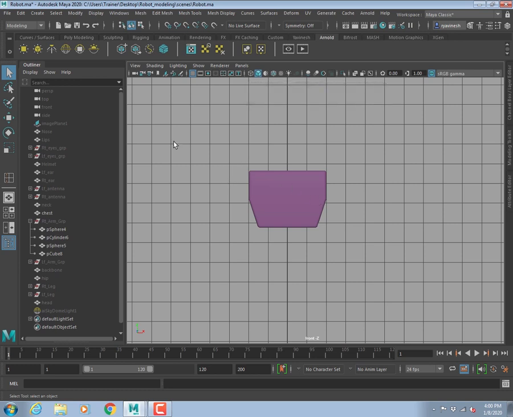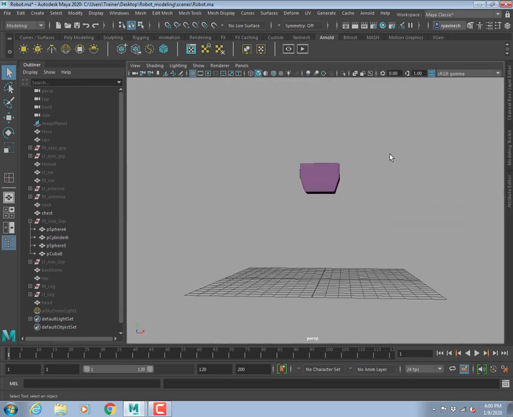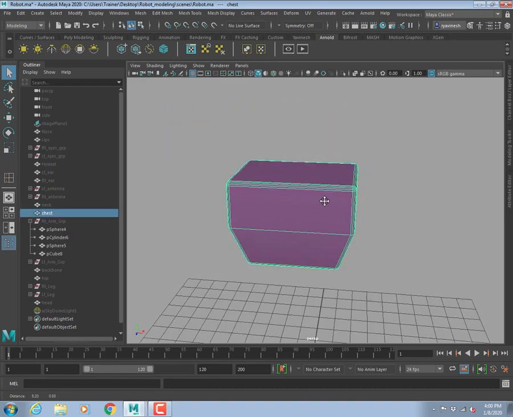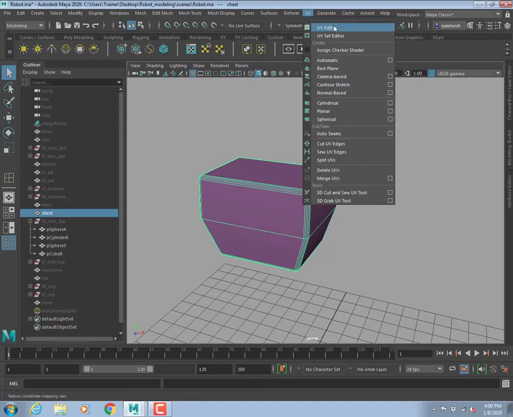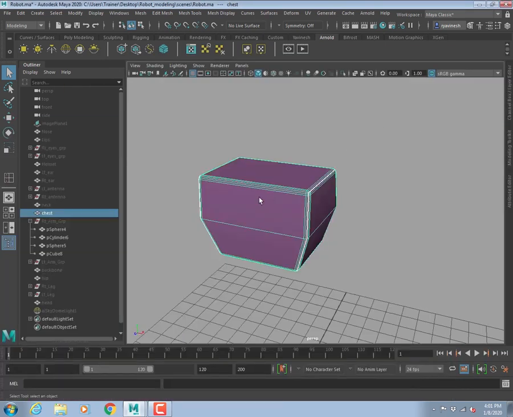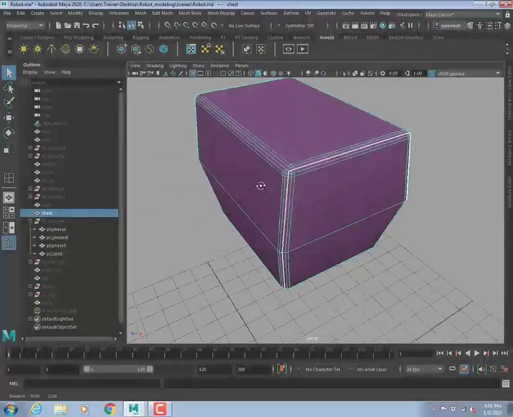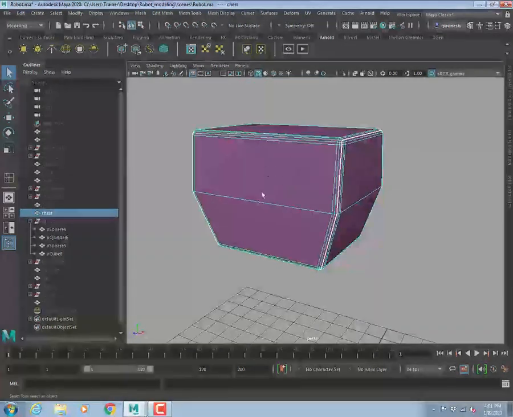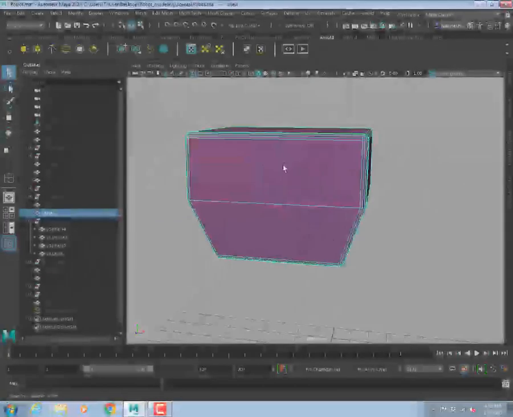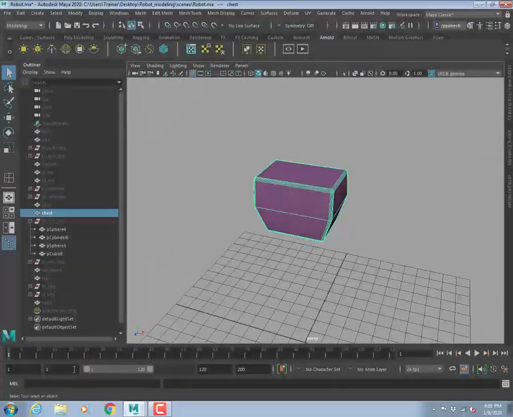Okay, so now we're going to do some projection, UV projection. If I select the object, I go to UV editor. Okay, so this is your default cube UV. Alright, so we need to project from different directions. First thing, you get an object, you project from one direction first. That's number one. For example, this one I'm going to project from the front view, which is Z